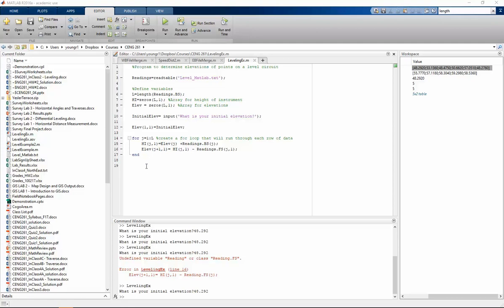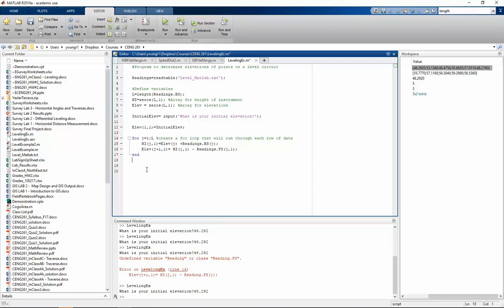So the next thing that I want to do is to talk about some of the output. I could go ahead and have it display the table of the elevations and the height of the instruments, but what I want to do for this is to make sure that you remember some of the plotting functions, because for your homework you ultimately want to know what the final area is of your polygon,